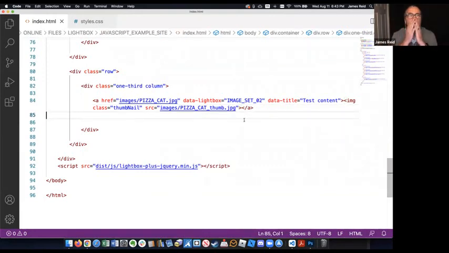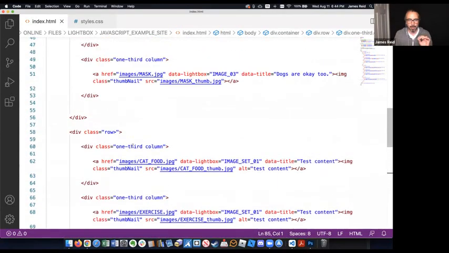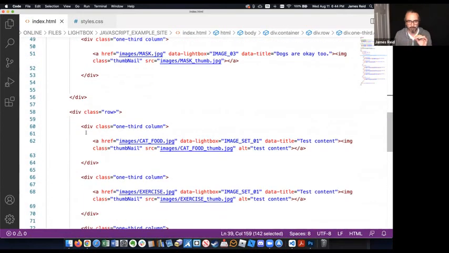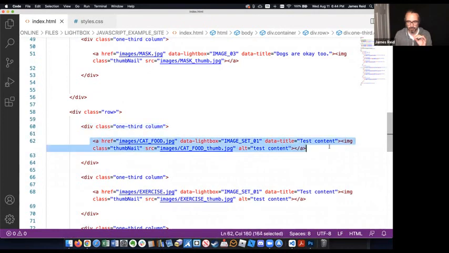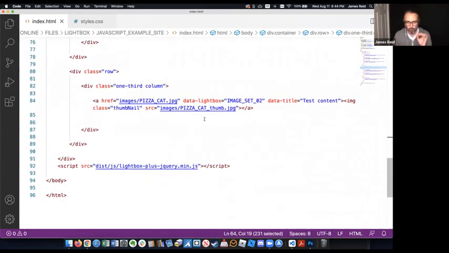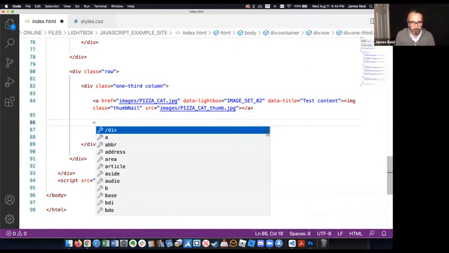I'm going to add 2 more images to this 1/3 column. So up until now, every image in both examples is by itself within the 1/3 column. Each square has only one image in it. One little trick, a way that we can start refining this is, I'm going to stay within this 1/3 column. I'm not going to open up a new one. And I'm going to put in another